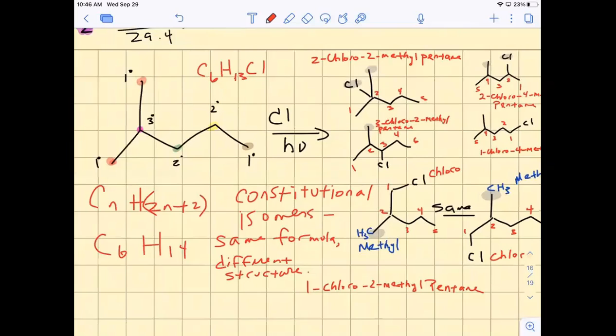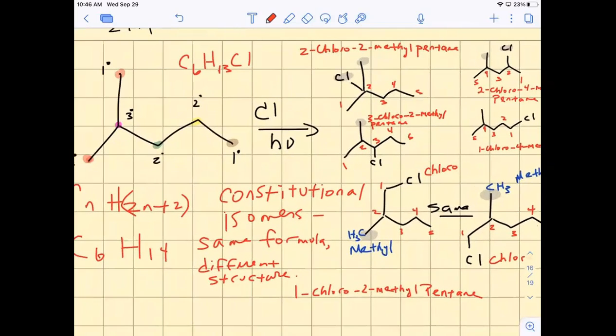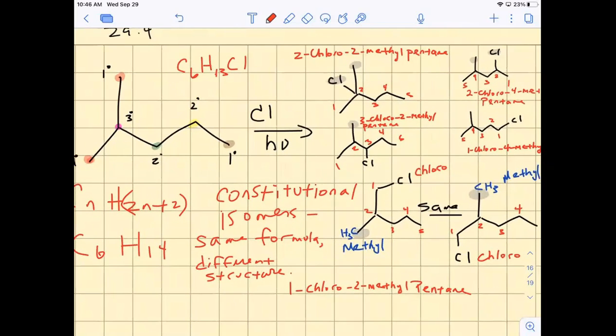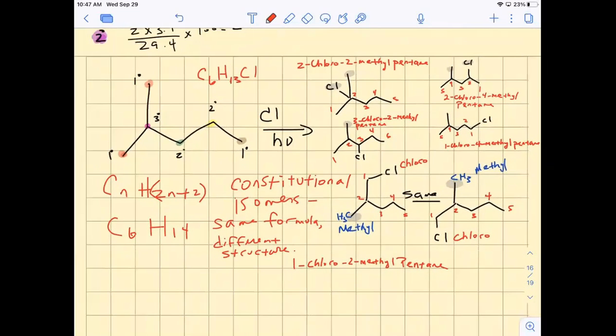All right. So the backbone is pentane, though. Don't lose that. But the overall formula is C6H13Cl. So you can see here you got 1, 2, 3, 4, 5 different ways that you can express that or draw that. And they're all what you call constitutional isomers. Same formula,